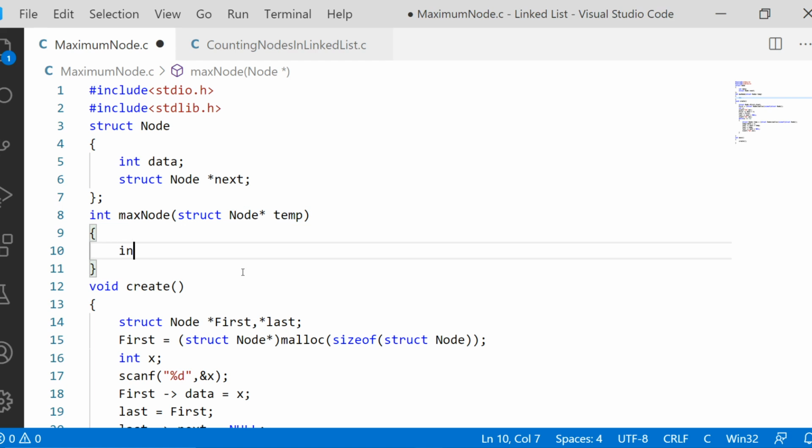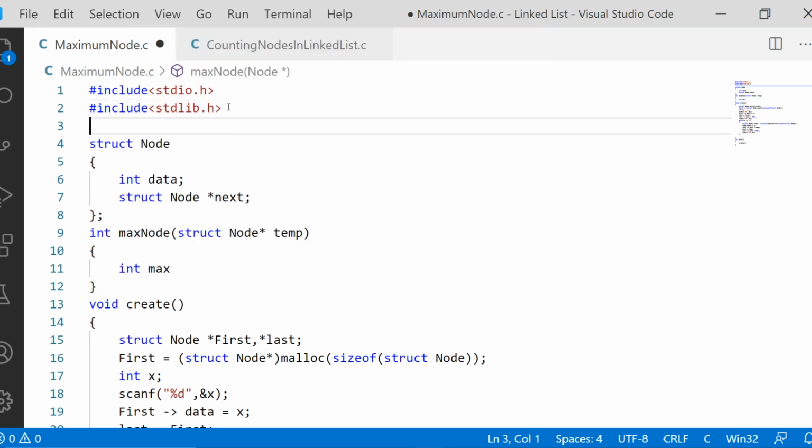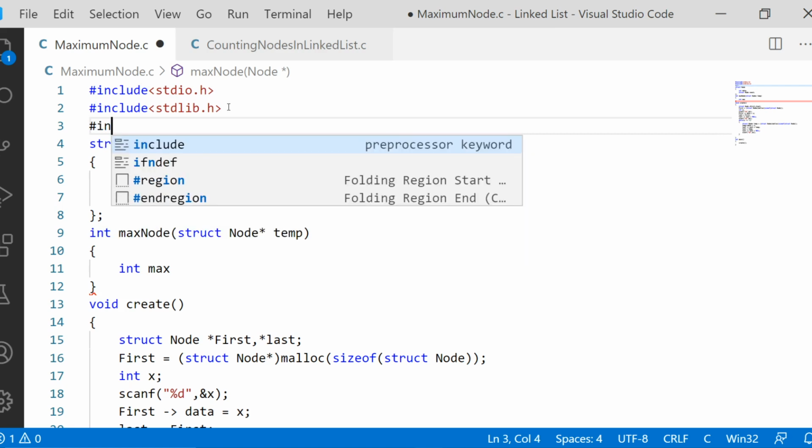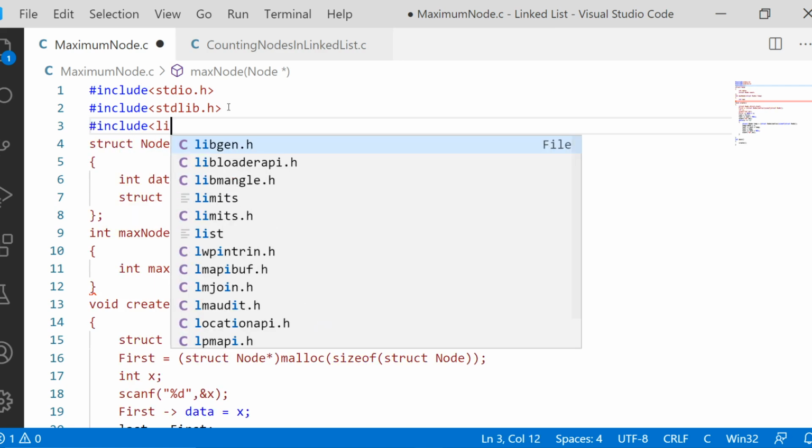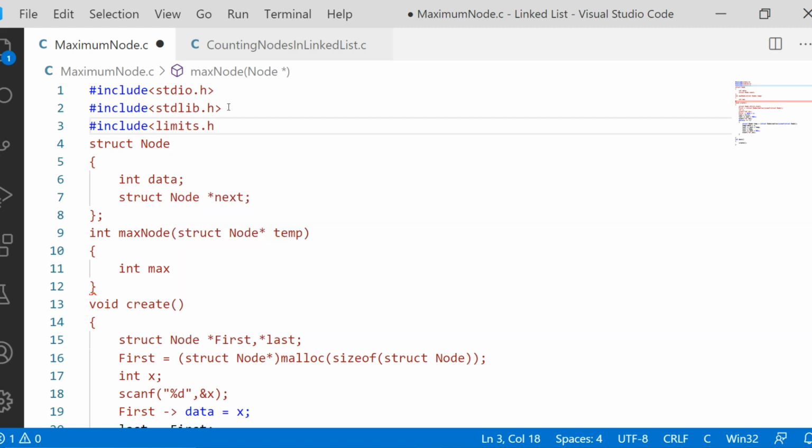Now immediately you enter inside, take a variable max and also include limits.h to find the minimum possible integer value. So it is going to be limits.h.